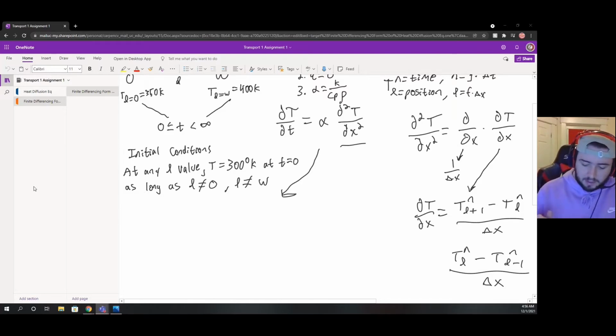We're going to expand the left side. Our left side is going to expand into the temperature at a specific length in a future timestamp minus the temperature at a specific length in our current timestamp, over delta T. It's going to equal our right side of the equation, which is our thermal diffusivity times